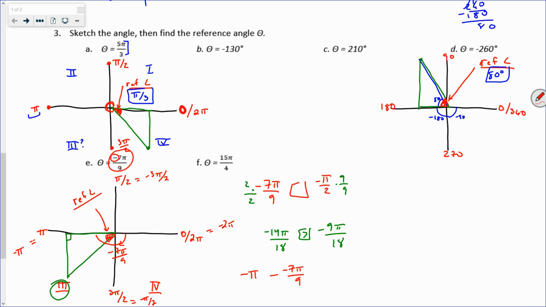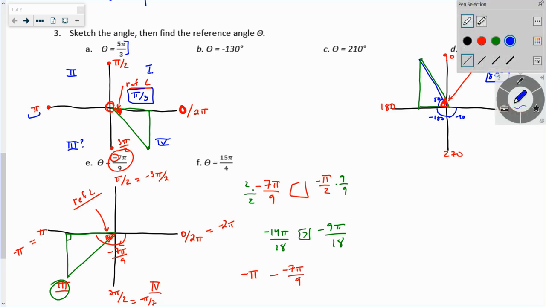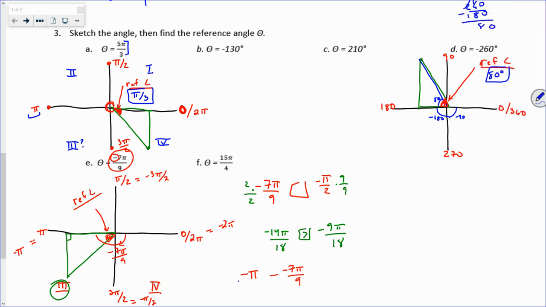If I multiply top and bottom by 9 over 9, I got negative 9 pi over 9 minus, or well, really plus 7 pi over 9. That gives me negative 2 pi over 9, which means here to here is negative 2 pi over 9 left over to keep going in the negative,